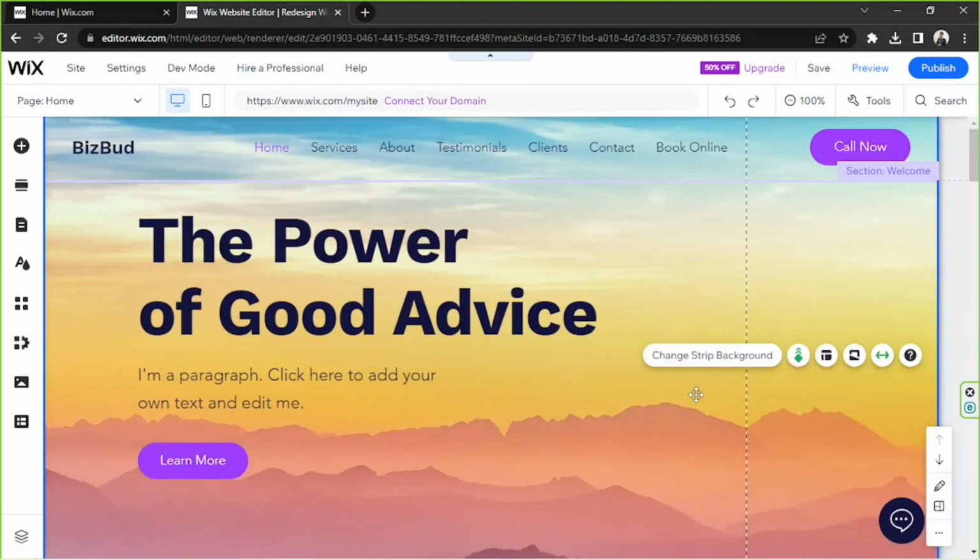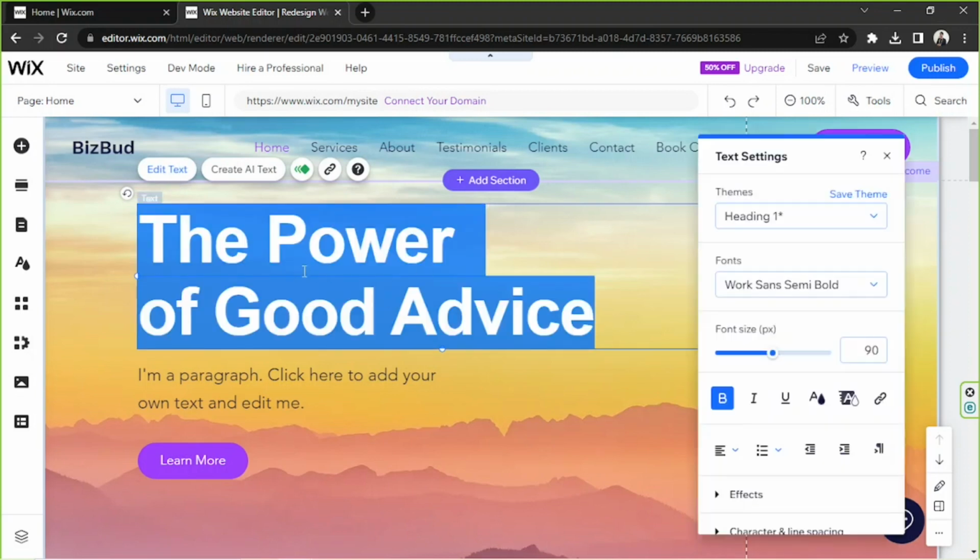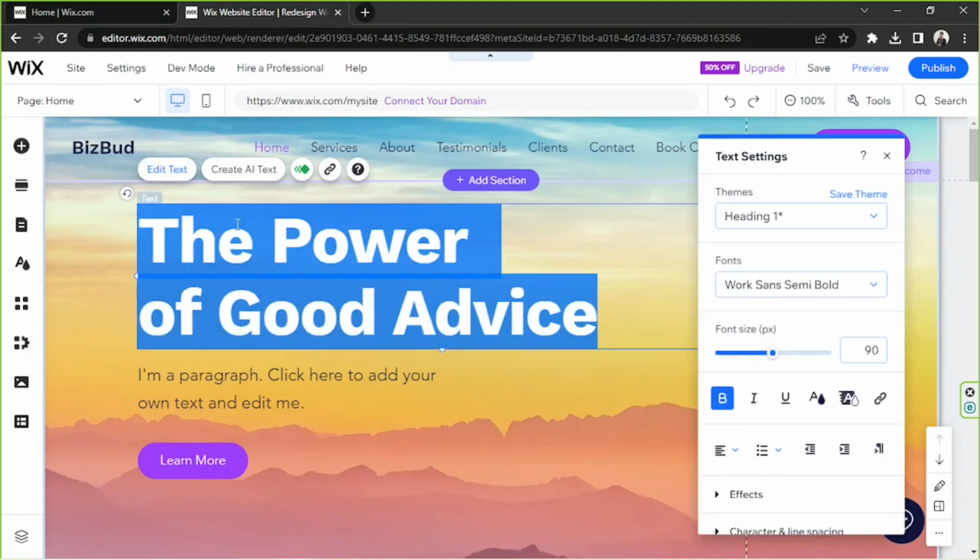Let's talk about editing our texts. So, in order to edit our text, we're going to click on that specific text, and then we're going to click on Edit Text over here. Input whatever text you want to input over here. And if you want to change your text's appearance, you can do so by going to this window right here,